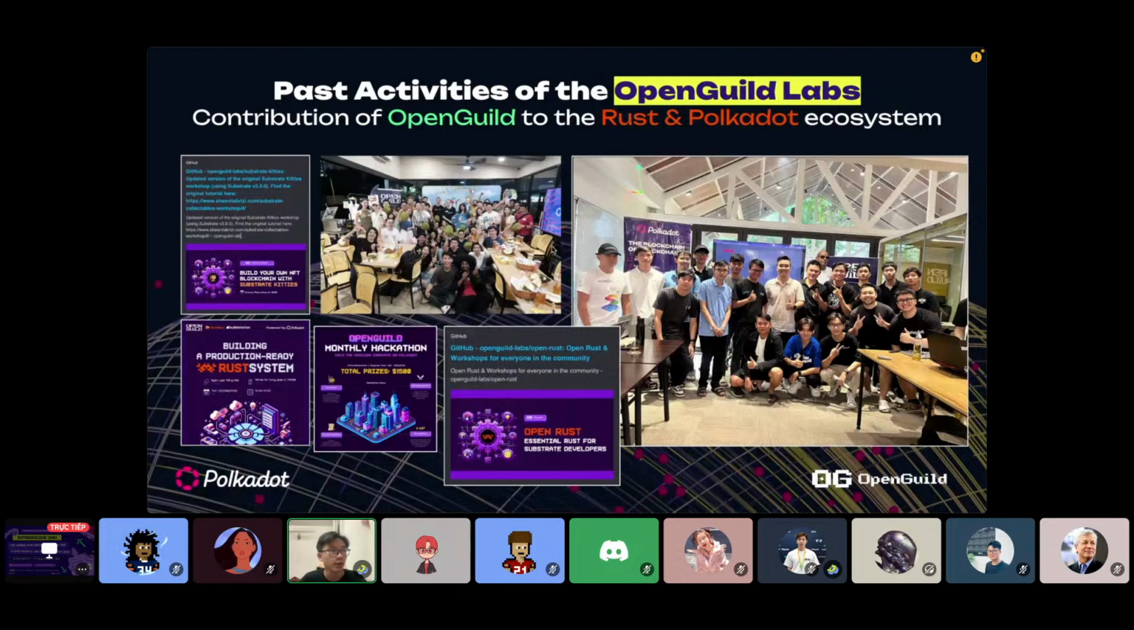For the past activities of OpenGuild Lab, we have already developed a lot of courses, not only in Substrate but also in Rust. For example, we have Open Rust, and we also host a few OpenGuild monthly hackathons and a few online and offline workshops, so that developers and other builders and Web3 enthusiasts can join our workshops and